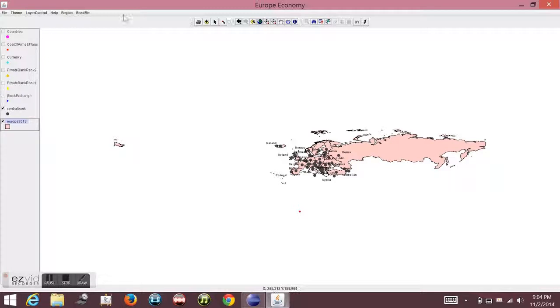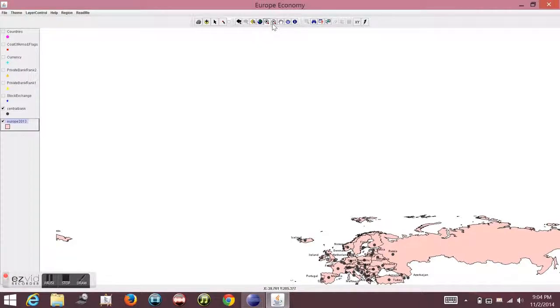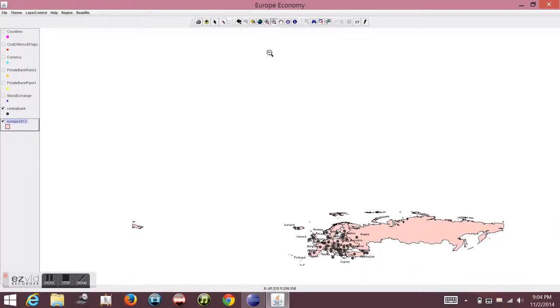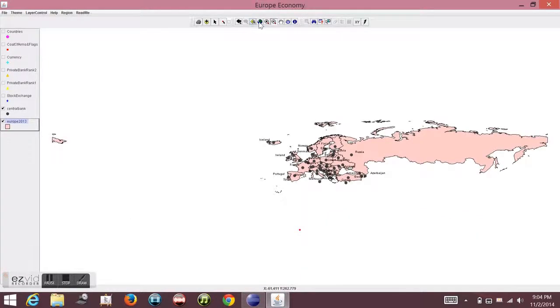There are 3 application toolbars for this tool. The first is the Zoom Pan toolbar, which has some standard tools like zoom in, zoom out, zoom to full extent, and clicking on the layer and selecting the zoom to active layer,